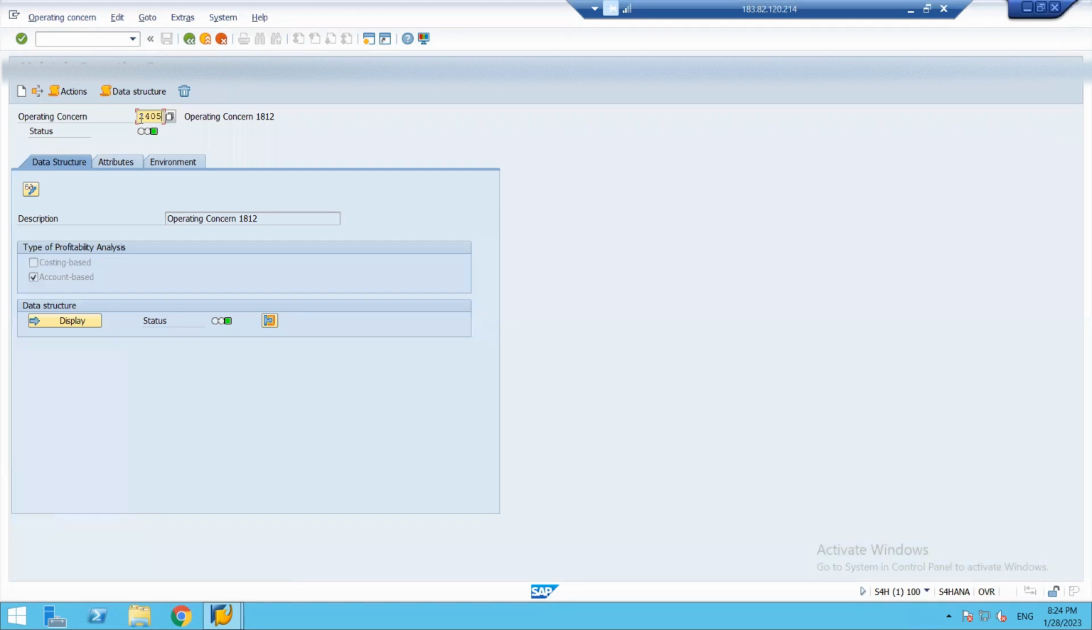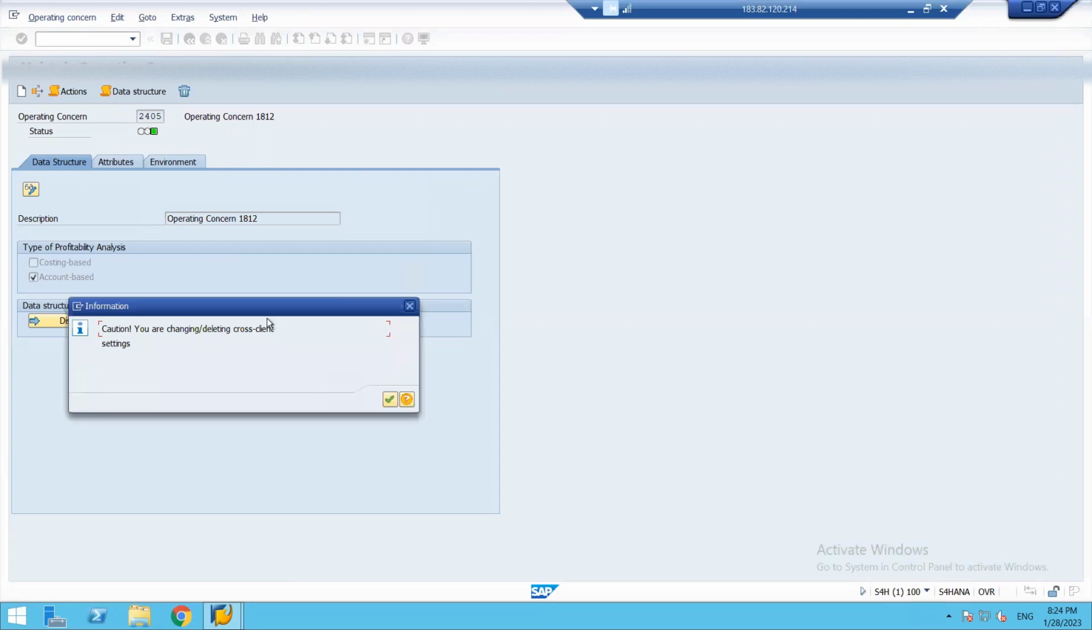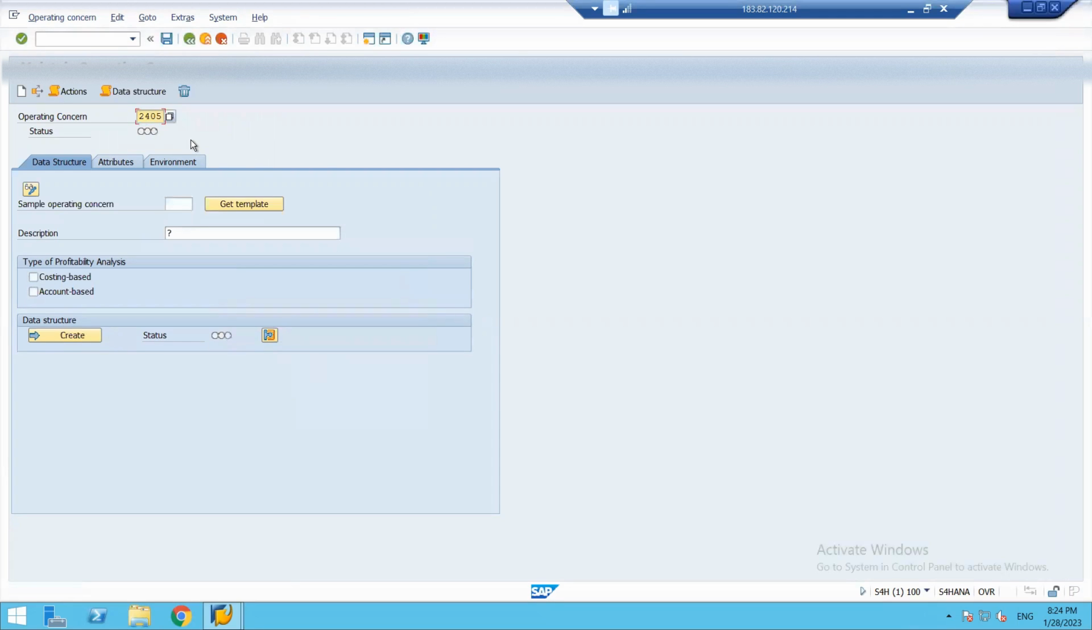It may be an alphanumeric or numeric key. So it will say this operating concern does not exist, and we'll say yes. And this will be my screen. So now we can also copy the template from the sample operating concern. Right now we are not doing it. We can just add the description, operating concern,